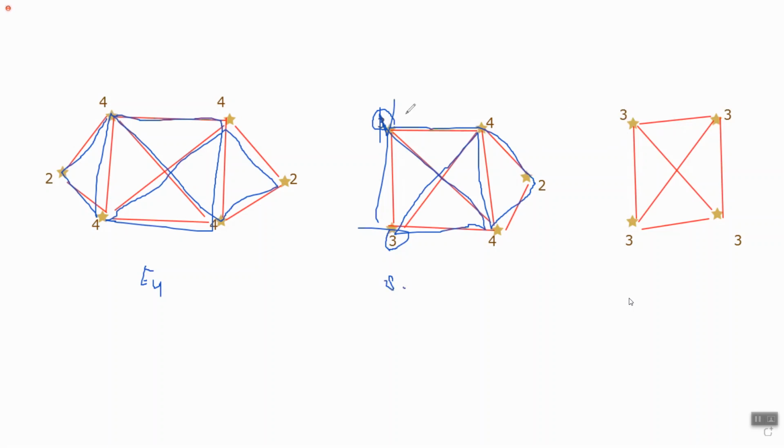In a semi-Eulerian graph, 2 vertices are odd and the rest are even. Here, there are more than 2 odd vertices. If you try here, you can go this way and you will miss this edge. But here, you can traverse everything, since all vertices have even degree. Therefore, this is Eulerian.